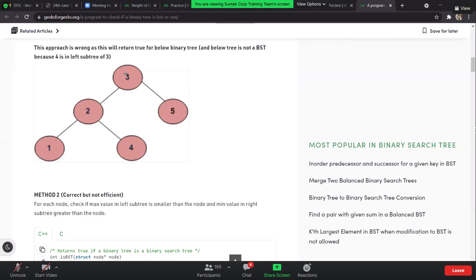So checking a node with just a left node and the right node will not solve your problem. There is something else you have to do. Check the leftmost node, then its parent, and then the right node. Okay, you mean with the 3, am I going to check with the 1 and then the 5? Correct. Every element on the left side should be greater than the root node. But how exactly are we going to do it?